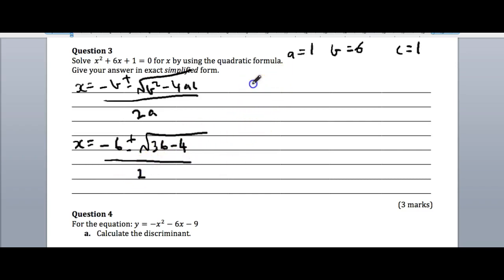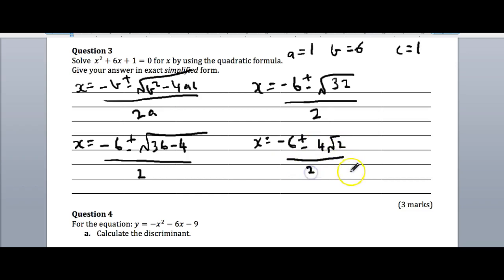So let's just tidy this up a little bit. 36 minus 4 is 32. And I'm going to simplify this third. So the square root of 32, basically you say what's the highest square number, or perfect square, that goes into 32, so it's 16. So we're going to have 4 root 2